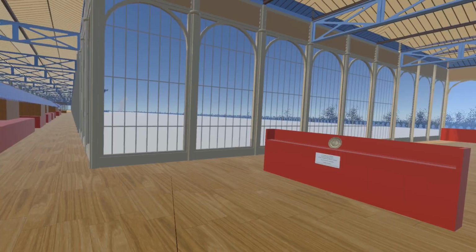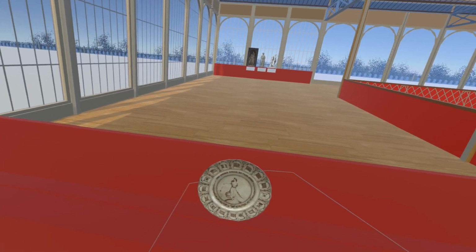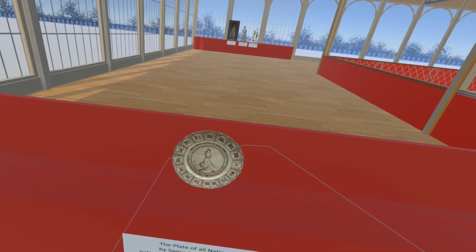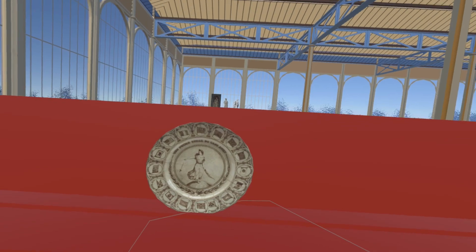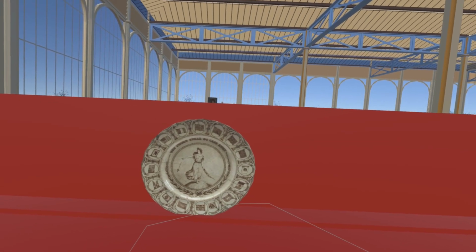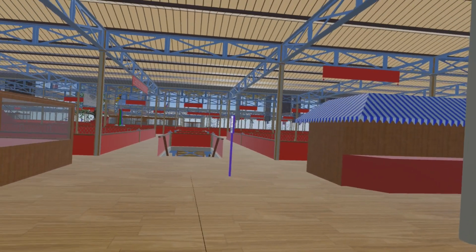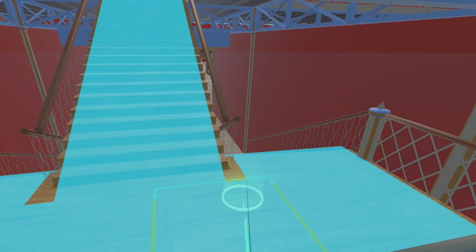Here we find the stand of Samuel Allcock and Company. Here is a plate, now in a private collection, with a pattern by Alfred Crowquill, called The Plate of All Nations. Turning round we descend the stairs back to the ground floor, turning north once more, before turning west towards